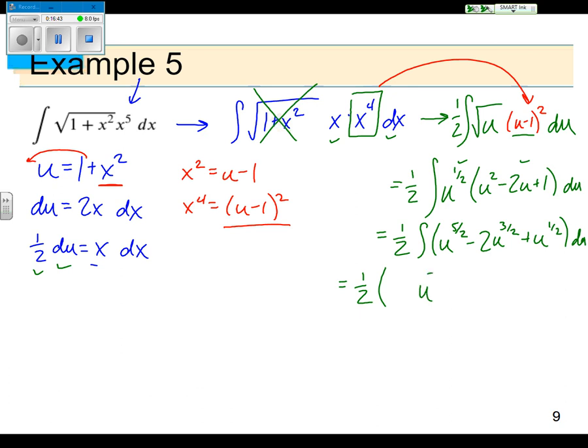That would be u to the 7/2. Put it over the new exponent, put it over 7/2, the same as multiplying it by 2/7. Minus